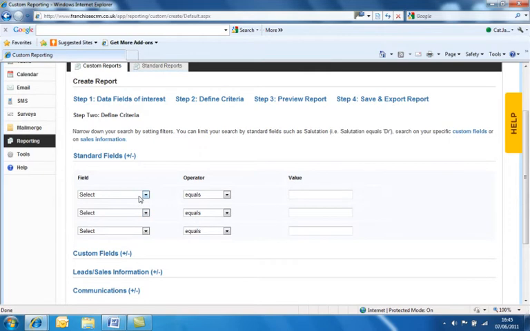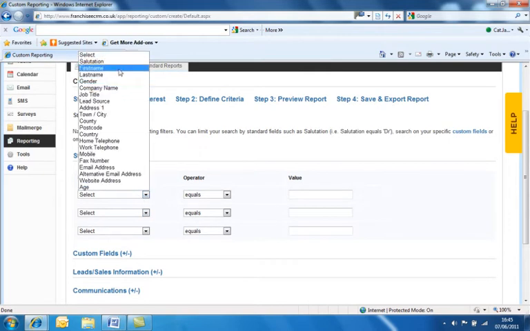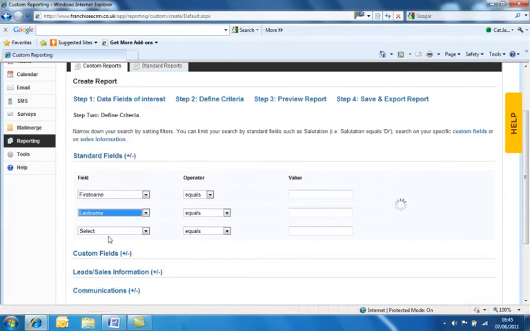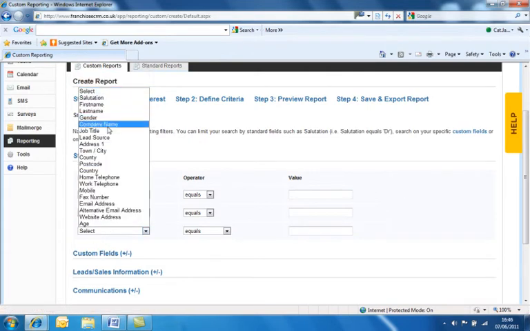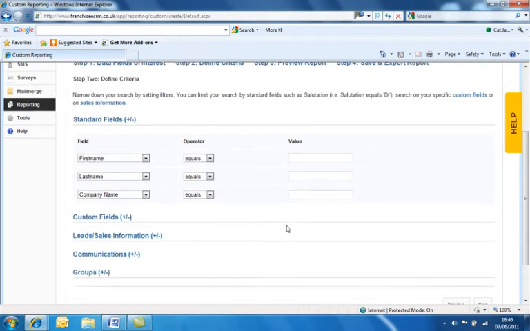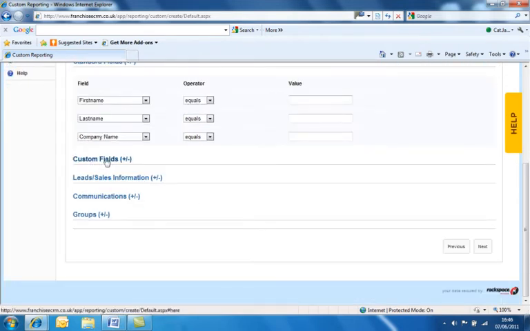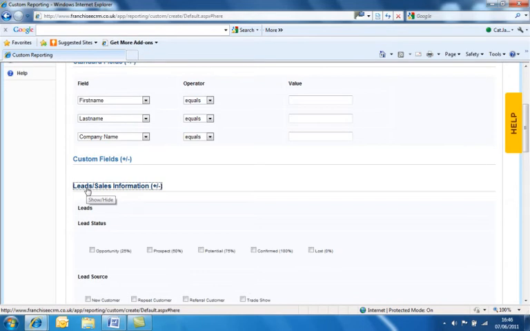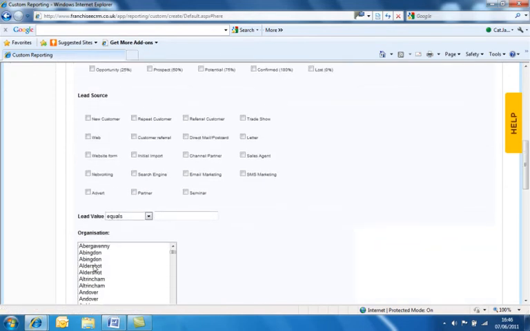So the standard fields that you will choose, you can pick from the drop-down list. For this purpose we'll just have first name, last name and company name. From each of these blue links here you can see that there's a drop-down menu, so you can choose any sales or lead information that you've already input into the system,